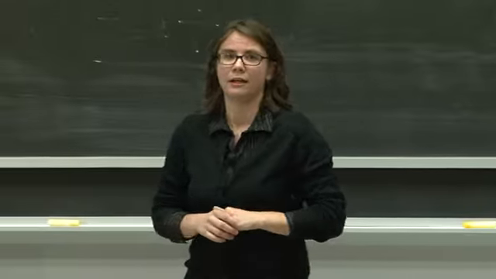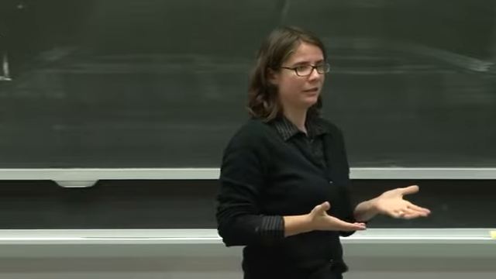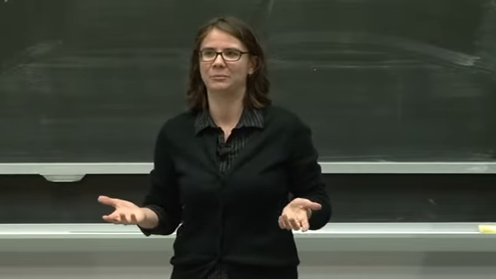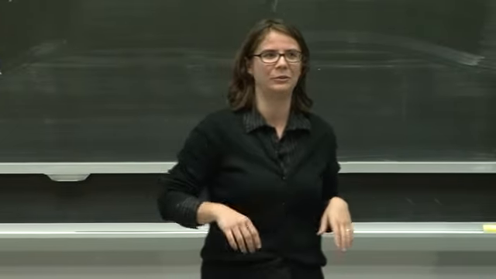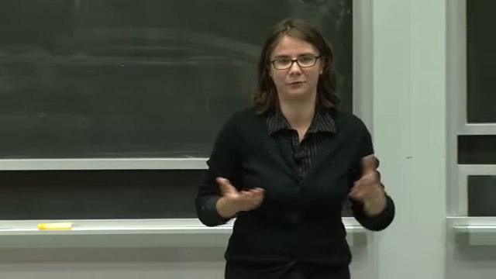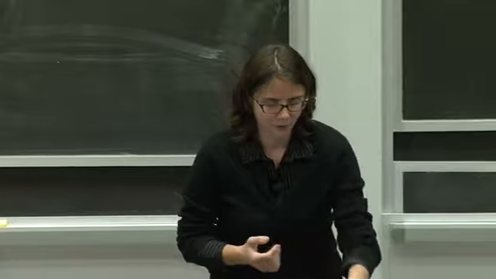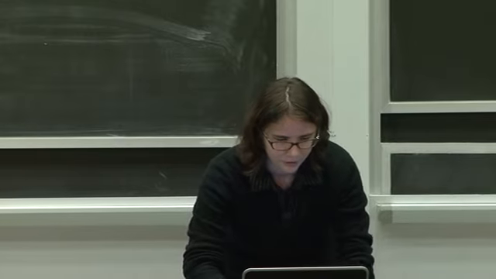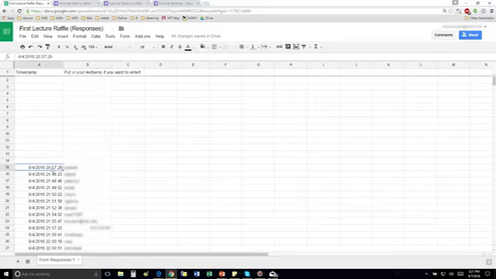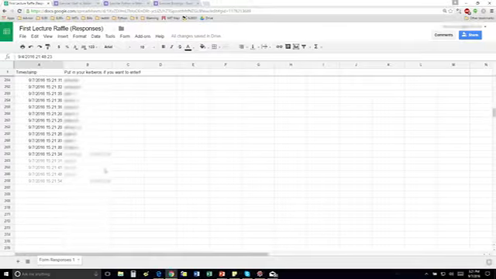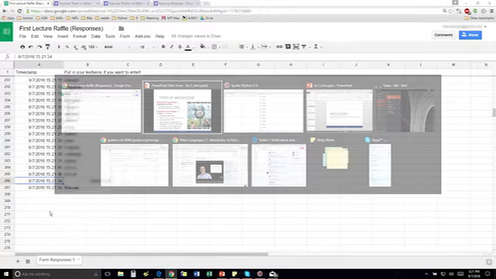Now I'm going to actually use Python to do this. And this is also an example of how, even for a really simple task in your life, you can use computers or programming. Because if I chose a random number myself, I might be biased because, for example, I might like the number 8. So to choose a random number, I'm going to ask, where's the list of responders? It starts at 15. Actually, it starts at 16 because that's me. So we're going to choose a random number between 16 and the end person, 266.